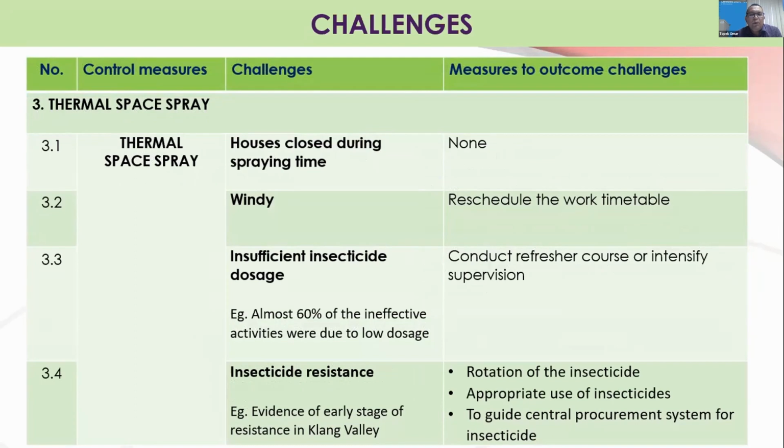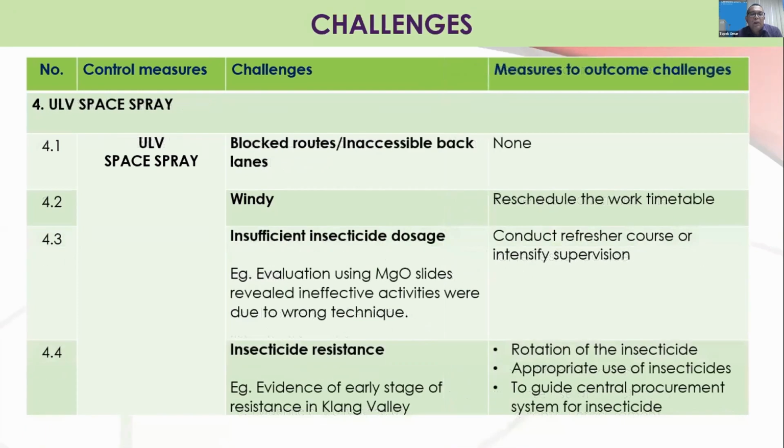Okay. As for thermal spray, among the challenges, we find through our monitoring that the dosage of insecticide is insufficient, and there is a possibility of resistance being developed in the Aedes population. So rotation of insecticide is one of the options that we use, besides close supervision. We also face the same problem